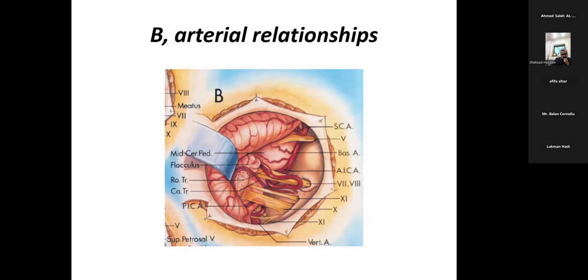So this is a lateral view, like we usually encounter. This is the basilar that can be seen running along the anterior surface. This is the superior cerebellar artery, lying just superior to the fifth cranial nerve. These are the loops of the AICA, which arise from the vertebral or as part of the basilar. This is the rostral trunk of the AICA. This is the caudal trunk of the AICA, as we can trace. And then this is the PICA, the vertebral artery, and this is the origin of the PICA from the vertebral as it circles around the brainstem and lies in close proximity to the 10th and 9th cranial nerve complex.